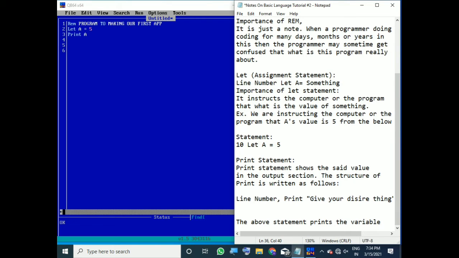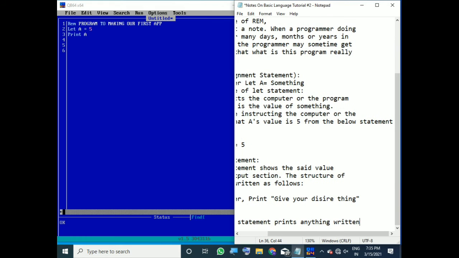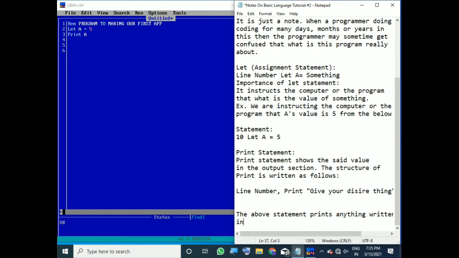This always prints the variable, or anything written in the code. It prints anything in the code, but now let's write the below statement.